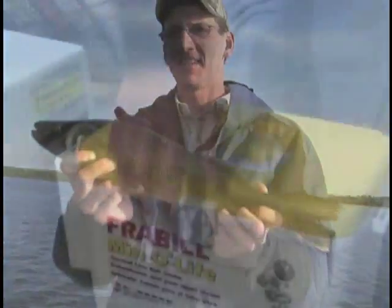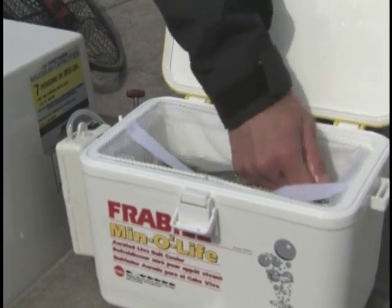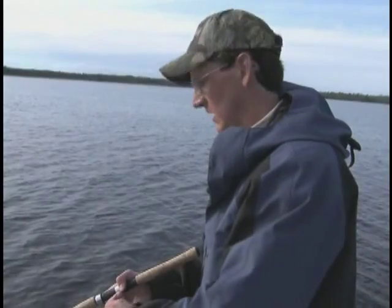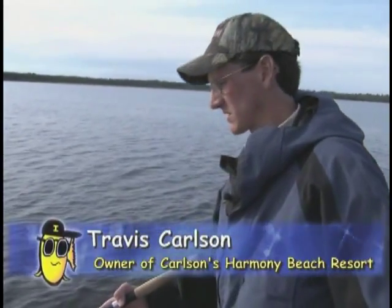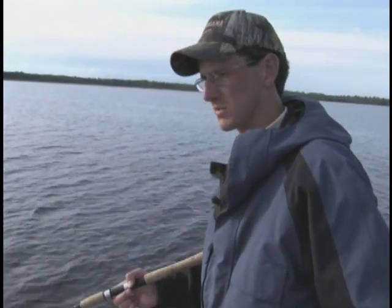Later in the day, the walleyes started to show a preference for minnows, but not just any minnow. It had to be a fathead. That happens sometimes, as Travis explains. Well, you know, Bob, sometimes the shiners work well and other times fathead. You just got to be willing to switch it up once in a while and see what suits the fish